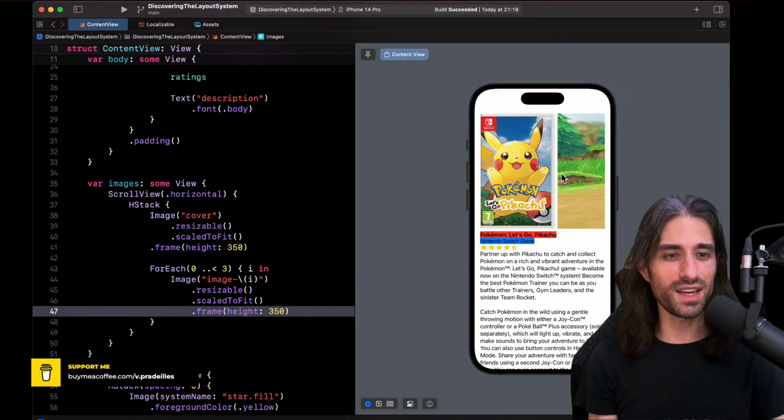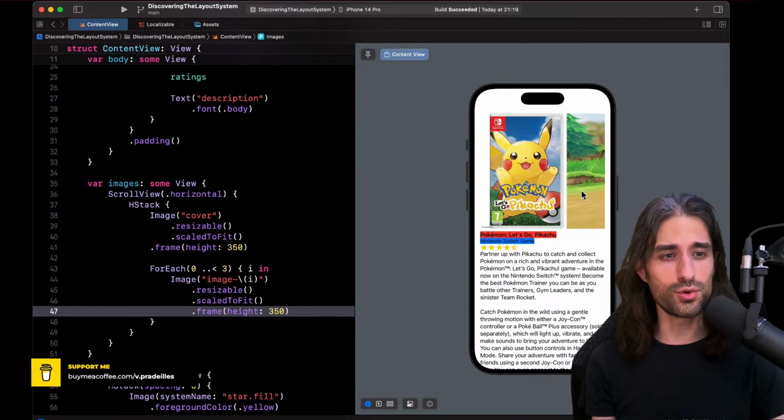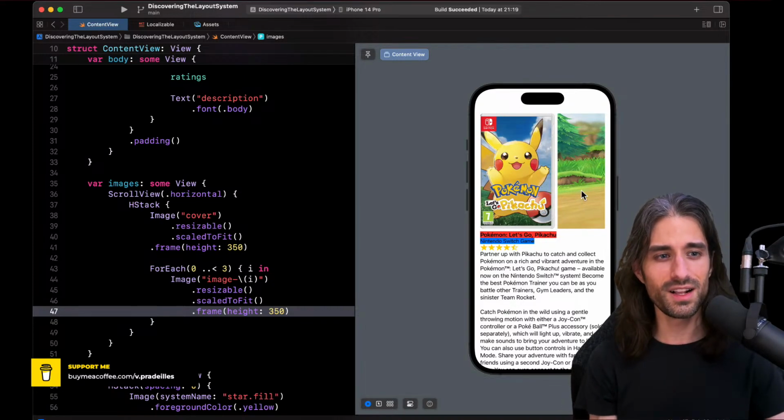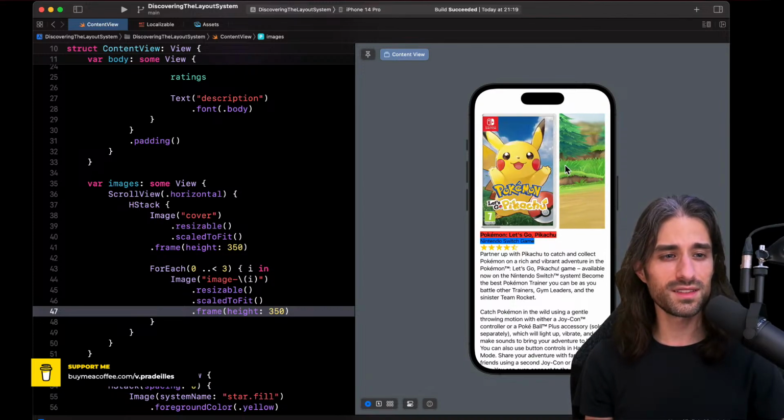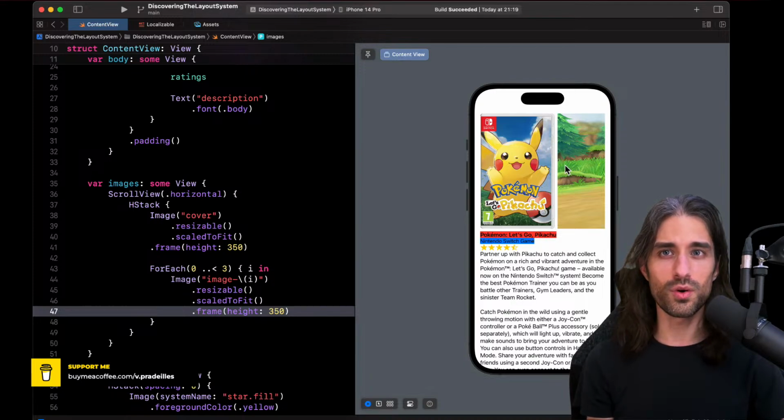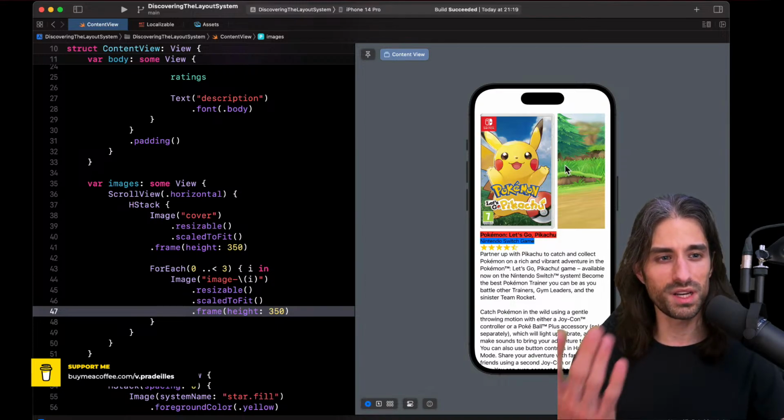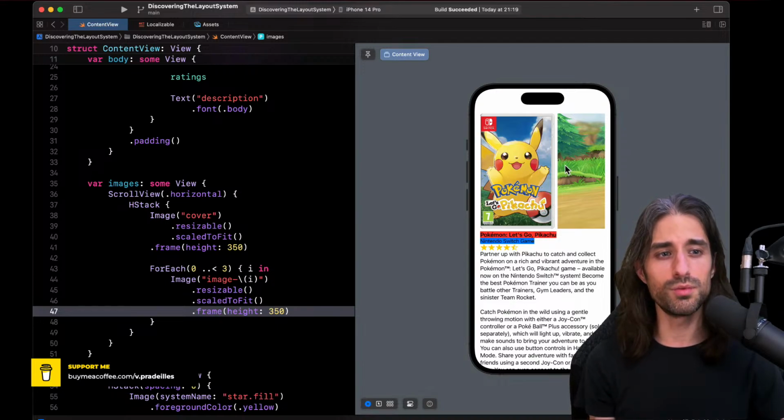But with this UI design, it's not clear that you can scroll. A good UI design would make it more clear. But since we don't have a good UI design, we're going to do the next best thing, which is to programmatically scroll a bit to show that indeed you can scroll. And this will allow me to show you how to interact with a scroll view in SwiftUI, and also how to interact with a view in SwiftUI, because the pattern we're going to see applies to more than just scroll views.